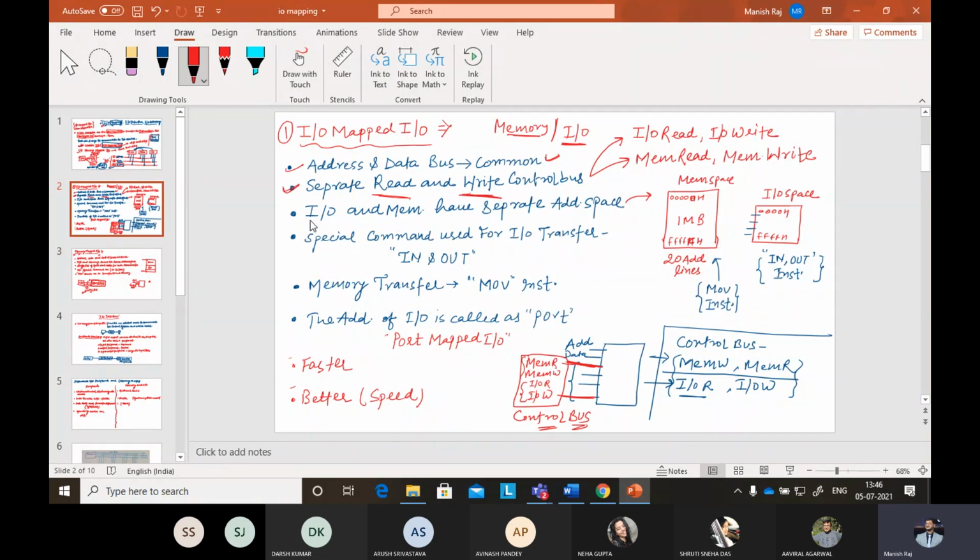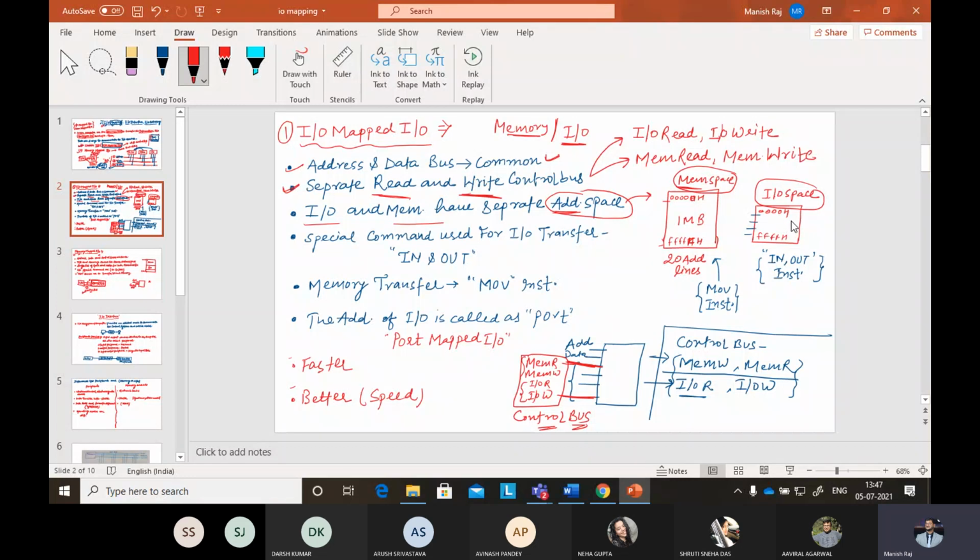Here the IO and the memory have separate address spaces. Now I am telling about the address space. You can understand from the diagram given here: some memory uses different addresses and the IO devices use a different address space. It will start from 0 to FFFFF, whatever the size, according to the size it will take the addresses. So different address space will be used by the IO based ISO. You can say it is isolated because the IO device is using a different address space.